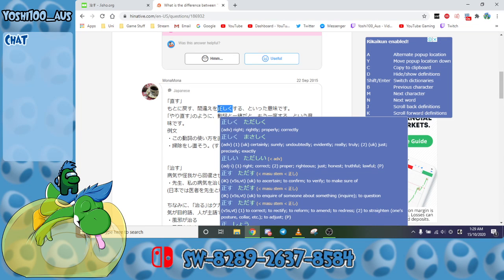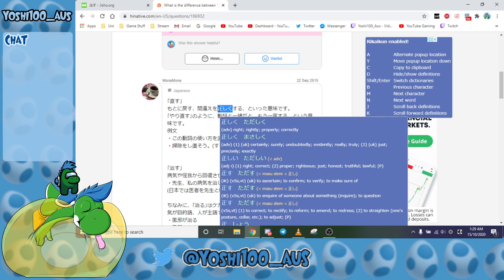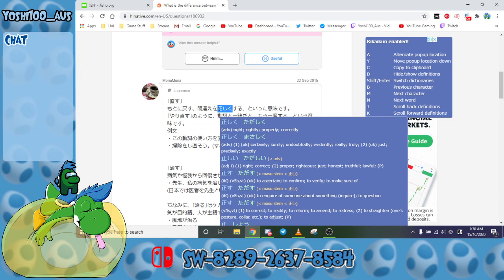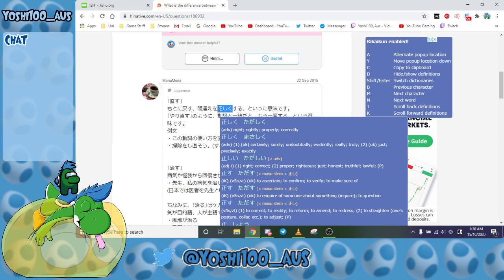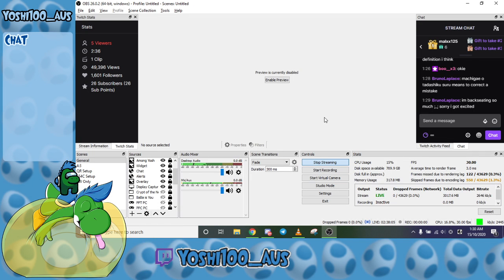That's my question. Because I know when you're sequencing verbs, you put it in ku and then you add the next verb, right? Tadashiku suru. Like, yeah. Wait, no. That's when you're connecting adjectives, isn't it? No, that's with adjectives. No, I don't know what they're doing here then. Are they using the adjective? Right. Huh. So would they use the adjective and then, since it's an adjective, they're putting suru to verbify the adjective. That's weird. I don't know why they would just say